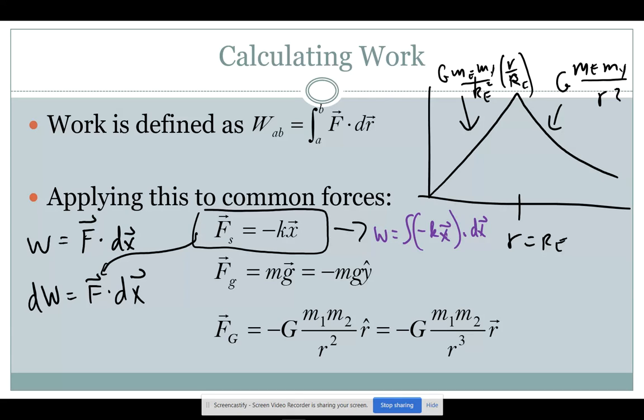Well, that's not hard to do for the integral. First of all, let's look at the dot product. Those are vectors. What is x dot dx? The x direction dotted with a change in x. They should be in the same direction, so it's just x dx. Right? Because the first thing you have to do is resolve the dot product so you get scalars to do